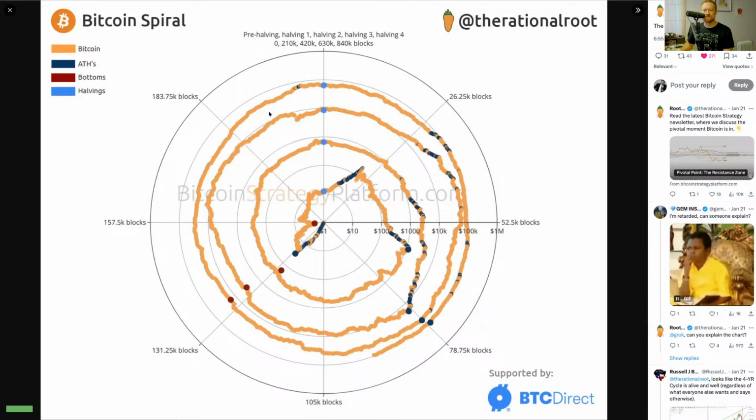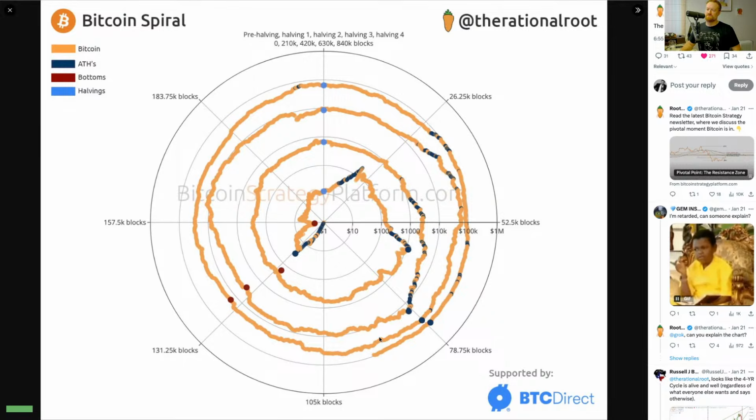So a couple things to look out for. So the halvings, and the idea was that, a year and a half after the halving, usually you have a peak. Well, where are the all-time highs? They're here, which translates into a year and a half after the halving. Another year after that, the bottoms. And then you go back to the halving. I mean, again, I don't want to get too voodoo about this, but Bitcoin has its own clock.